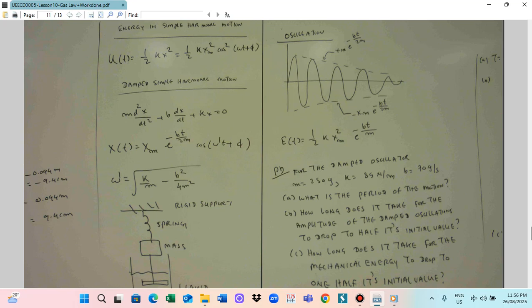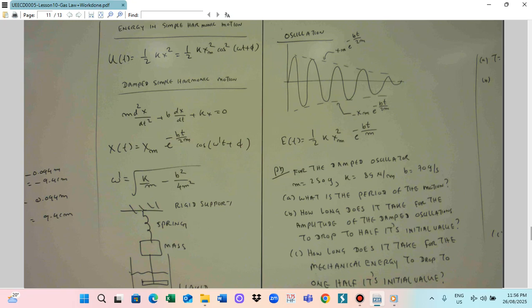This is the equation: the top equation is h_m e to the power of minus bt by 2m, and the bottom is minus h_m e to the power of minus bt by 2m. So this is oscillation. Oscillation means something is moving fast, and then gradually going down and finally